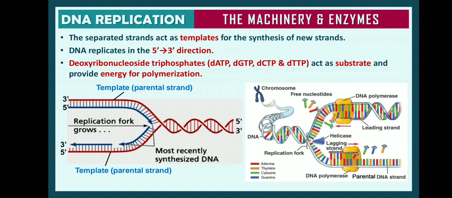So to do this, if you see the same diagram, students, this is the synthesis of DNA taking place in a 5 prime to 3 prime direction continuously. The one strand where the continuous DNA synthesis is taking place is called a leading strand, students. You can find here, this is called a leading strand. The strand where DNA synthesis is taking place continuously is called the leading strand.